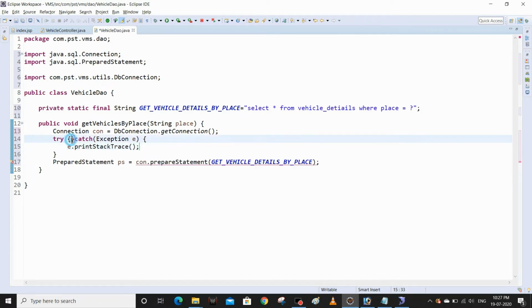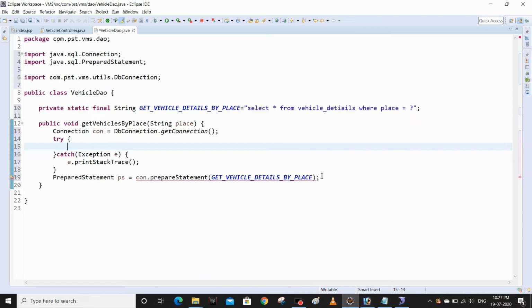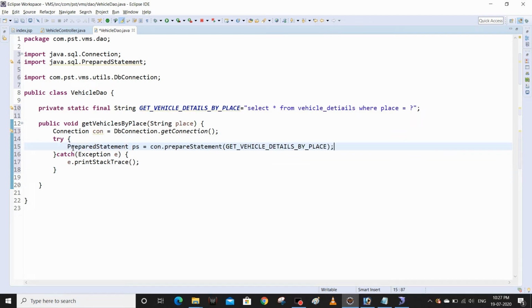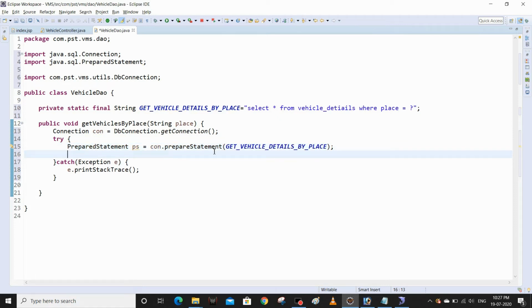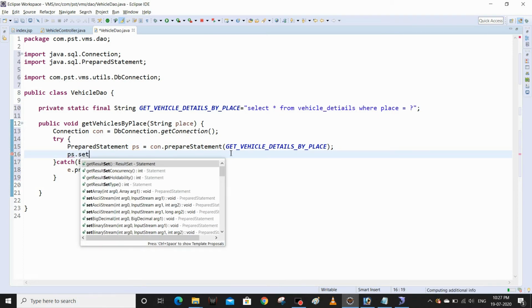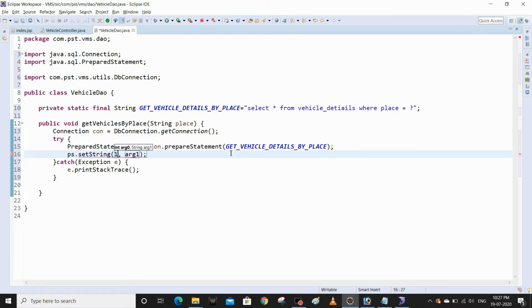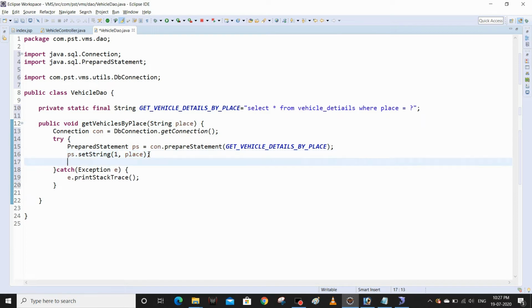Okay, now put this line inside the try block: Control X and paste it here. Now set the first question mark only, using ps.setString, since it's a string. The index is 1 and the value is place, which is coming from here as an argument. Okay, now I have set it. Now I'm going to execute this query by using a ResultSet.